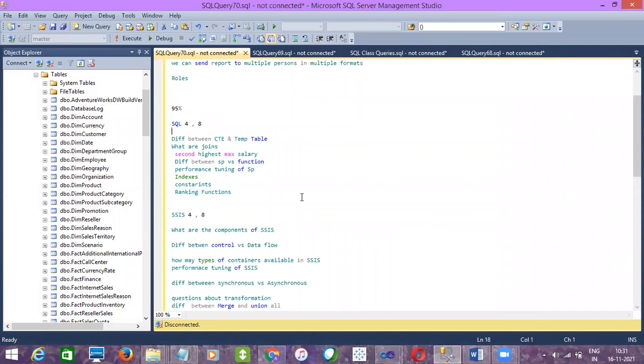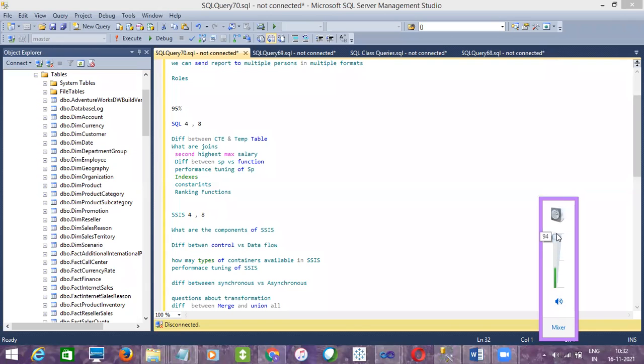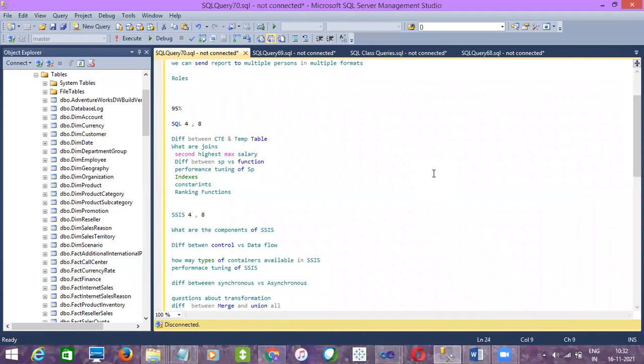I can't hear you clearly, your voice is too low. How about others, guys, are you able to hear her clearly? Yes, we are able. The issue is from my side. Her doubt is whether we get a job in SSIS and SQL only, or a combination of these 3.